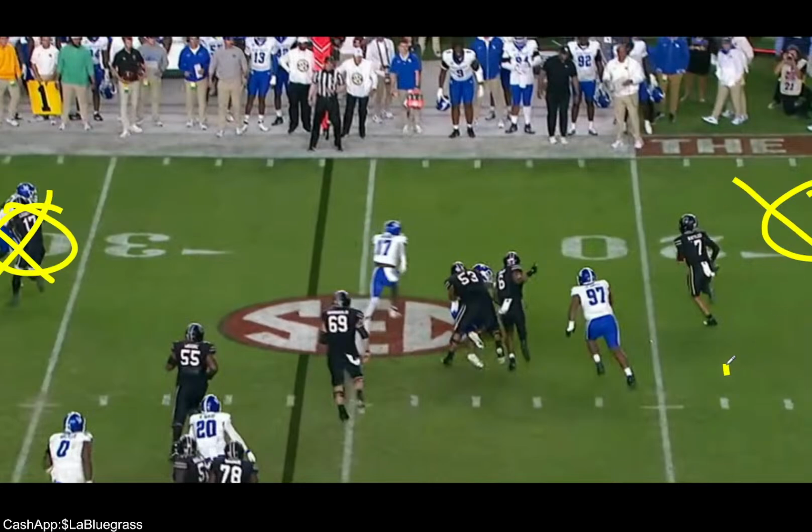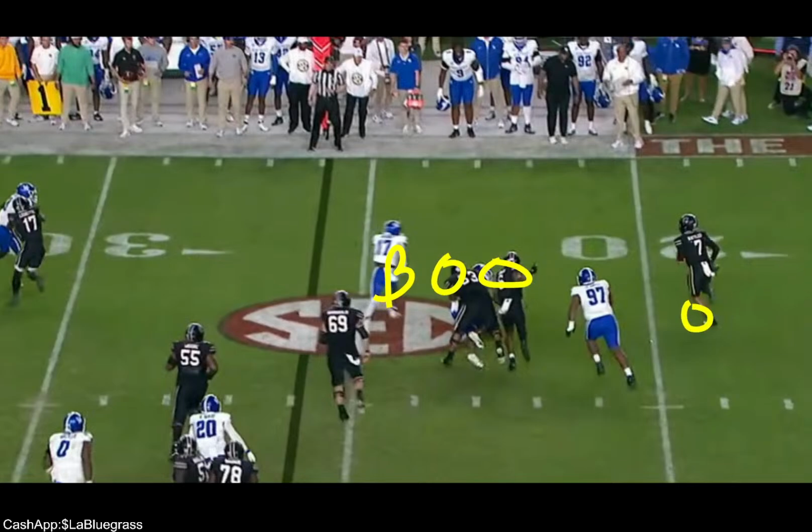So if somebody runs a hitch and go, that cannot be completed. This can be completed. Understand the strengths and the weakness. Understand what my other linebackers have. It makes a big difference when you know what your linebackers have.